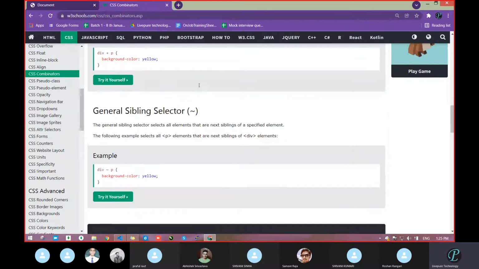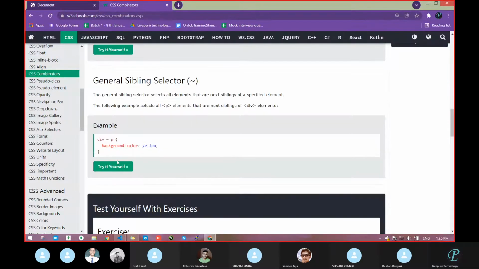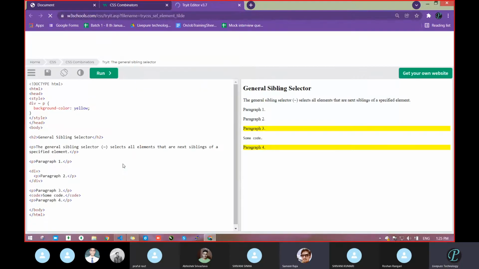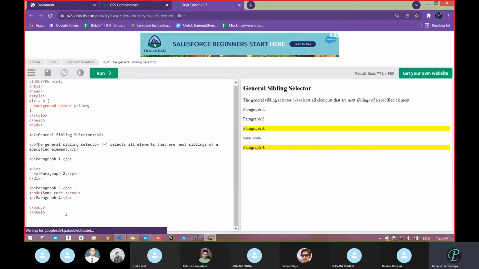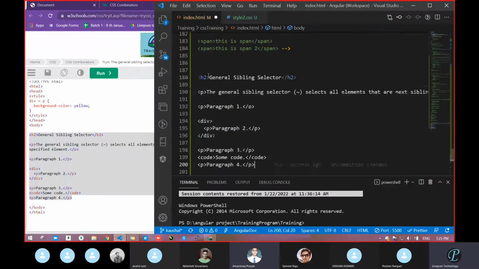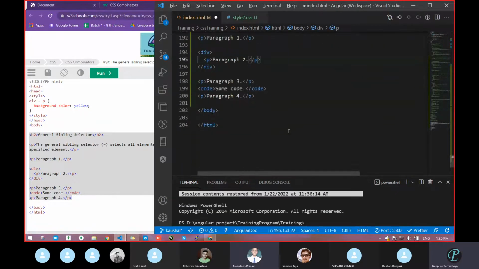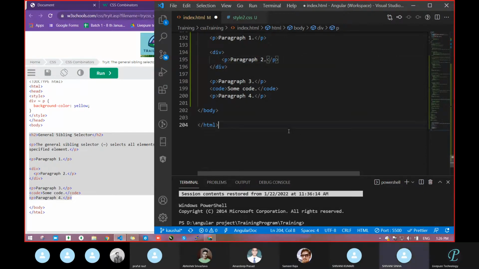Okay, so we covered adjacent sibling. Now next is the general sibling. What is the symbol? This one. Anyone have any idea? Tie symbol. I think that is a tilt. Yes, tilt. It is below escape. Where will you get this on your keyboard? Below the escape button. See, on your keyboard, the tab button is there, above tab, and the escape key is there below that. So that is the tilt symbol.